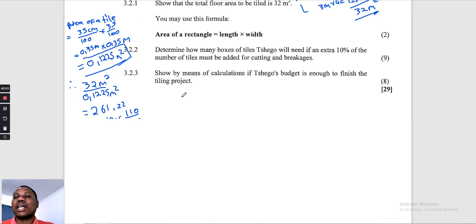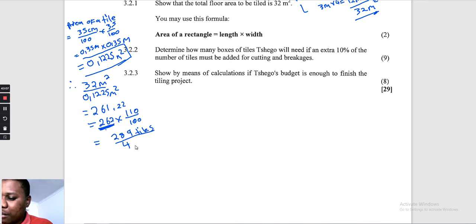Okay, so we need to see how many 4 tiles are inside 289, because now we're going to pack them into 4, 4, 4, 4, 4, 4. So we divide here by 4. 289 divided by 4 gives us